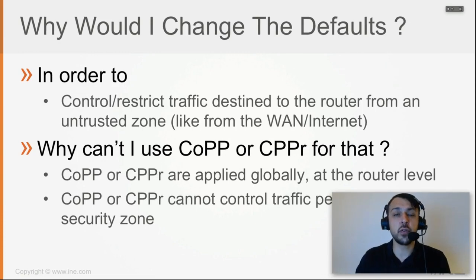So as we saw on the first day with COPP or CPPR, I can restrict or police control plane traffic globally. How much ARP traffic can the router receive or send? How much ICMP traffic can the router receive or send? But I cannot configure it inbound on which interface. Except of course for the management plane protection, MPP, which allows you to restrict what management plane traffic the router allows and inbound on which interface. That's an exception, but for control plane traffic like ARP, IGP, BGP, whatever, you cannot control that per interface.